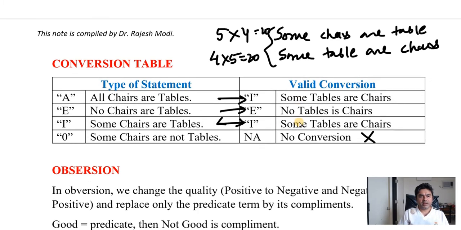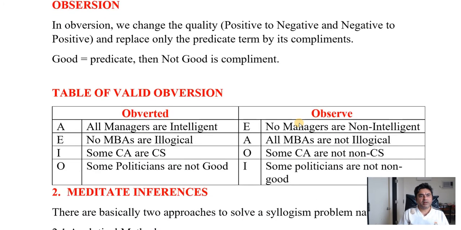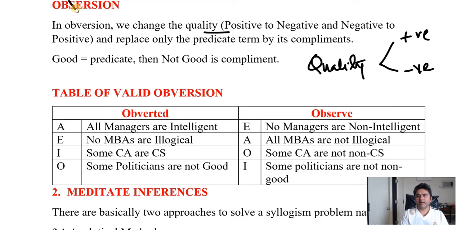Now the complement of good is bad. Here the meaning of complement means opposite words. So let's see the table of valid obversion. All managers are intelligent. So first, you will put the opposite word of intelligent, it is non-intelligent,